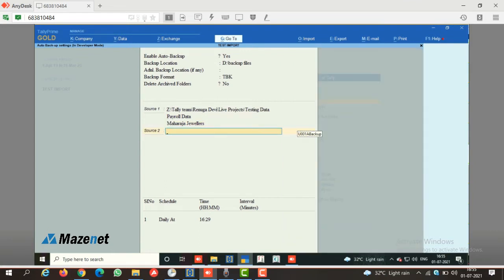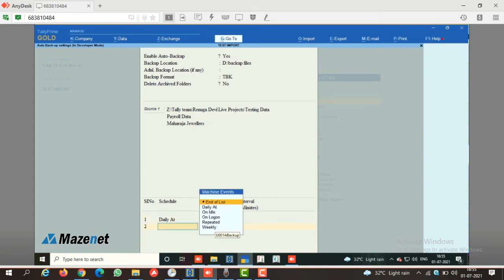And if you have any other source, you can add it over here and just keep entering and just click on daily add. So here we have options like daily add, on idle, on log on, repeated weekly. So I'm using the daily add option and you can see the time is 16:55. Now I'm giving the time as 16:56. Okay, let's see the auto backup method.